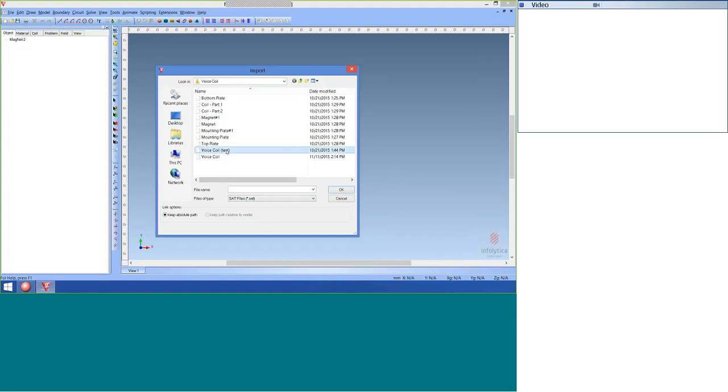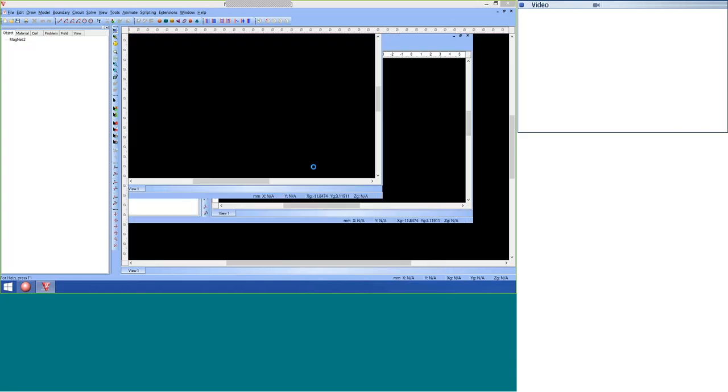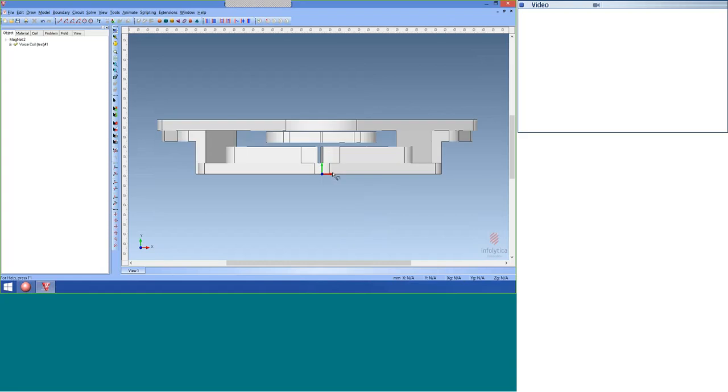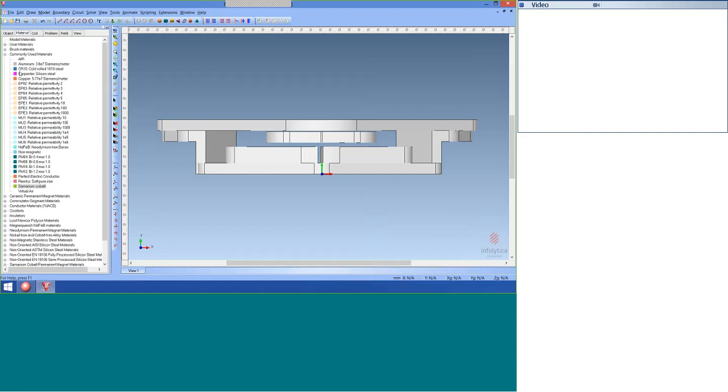So I'm going to choose this voice coil, and as you can see, the import brings in the geometry, and we're now ready to apply different changes to the model to make it usable for final modeling. So the first thing we want to do is assign materials. And what I'll do is choose some materials that are